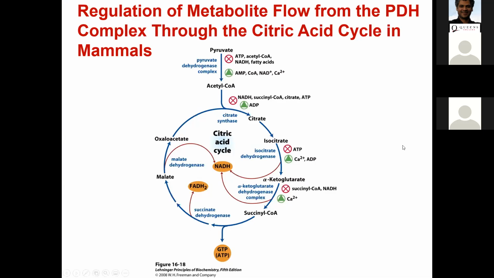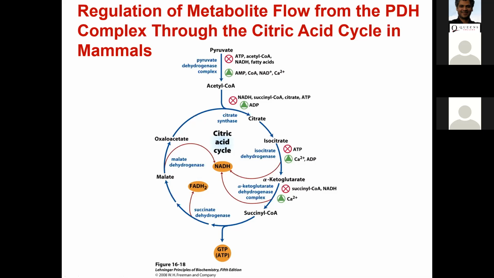So oftentimes, when you see that red X, this basically means that when the concentrations of these intermediates go up, those will have an inhibitory effect, right? And your green triangle in the circle typically means that whenever concentrations of these intermediates go up, they will be activating, regulating the pathway towards activation.